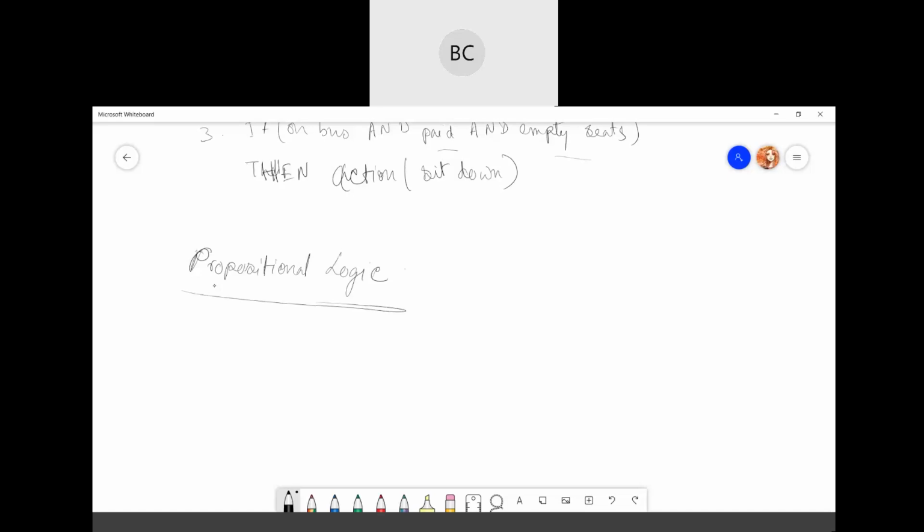Okay. So propositional logic is also known as statement logic or sentential logic and all. So this is mainly used for representing the knowledge about what is true and what is false. Okay. It's more like true and false statements. It's the simplest form of logic where all the sentences are made by propositions. And propositions means what?